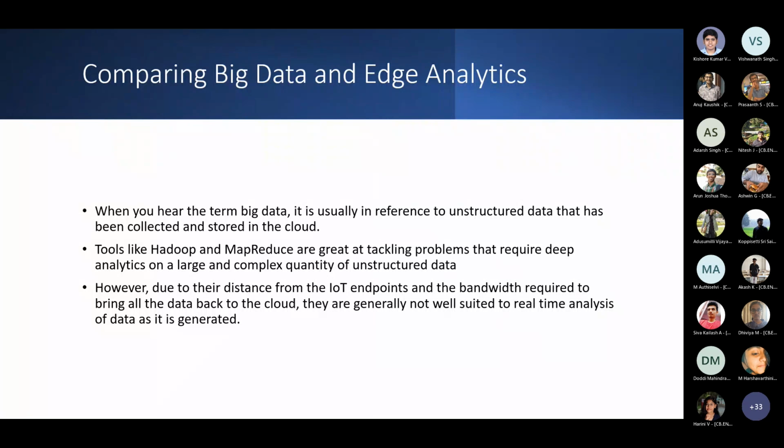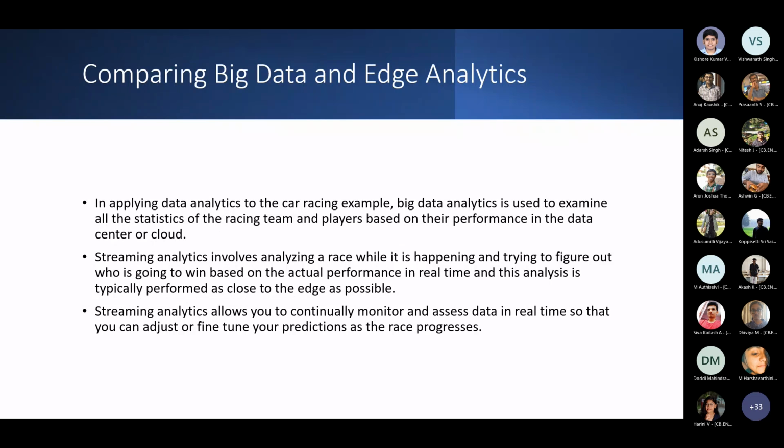Typically both of them now work in sync with each other, because even after doing a lot of edge analytics, the data that is getting created is extremely large. So that is where the whole problem is coming up now. You need to have both right now. You need to use edge computing to filter out all the unnecessary data, and big data analytics is required to process all the data which is relevant to make sense of it, right?